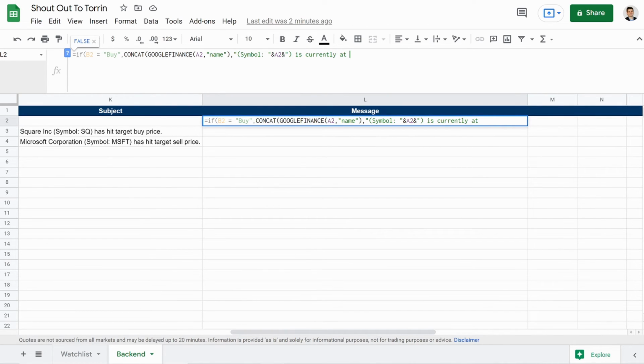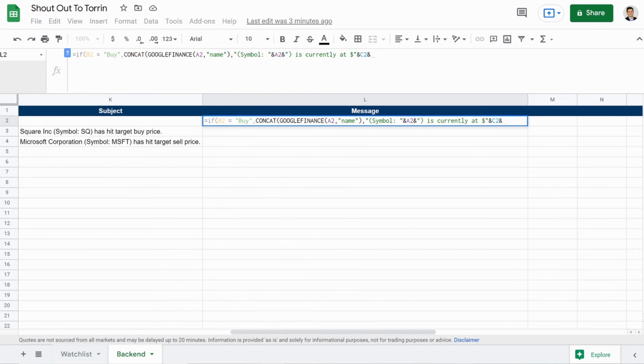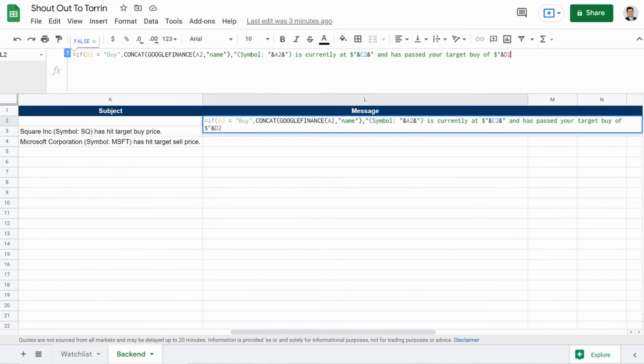is currently at, then we want to hit the $, quotation, and C2, and quotation, space, and has passed your target buy of $, quotation, and D2, and quotation, period, quotation, and H2, close that, do a comma,